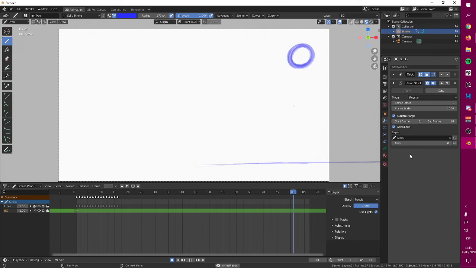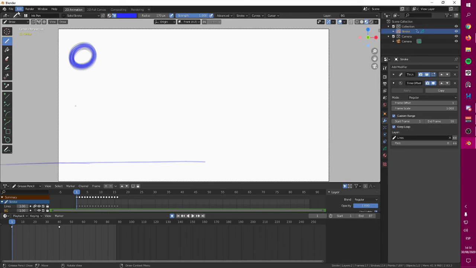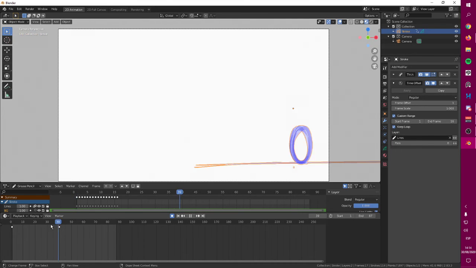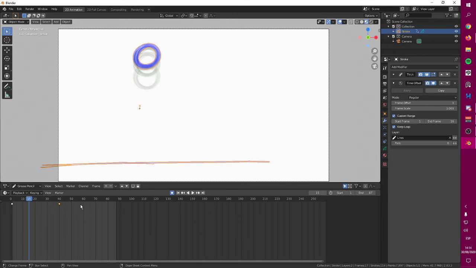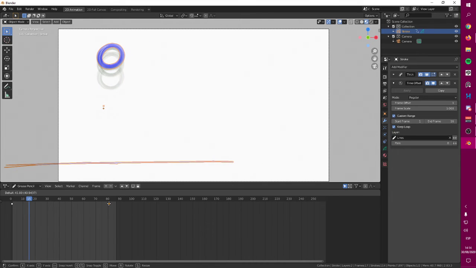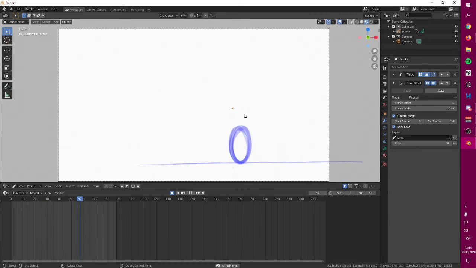But yeah, we made this bouncing ball loop animation. If you want to change, again, the way this moves in here, you have to go to your timeline in object mode. And you can change this in here, like you can stretch the amount of time that it takes for this to reach this position.